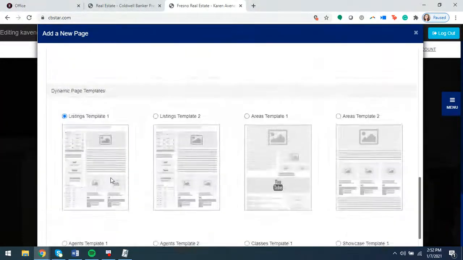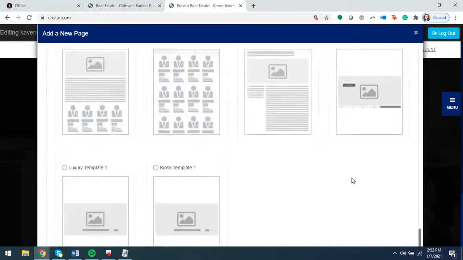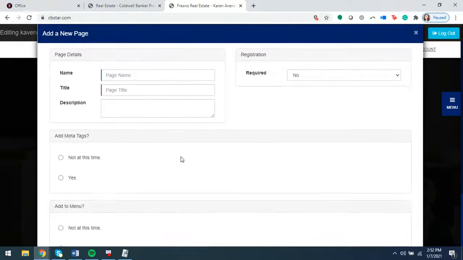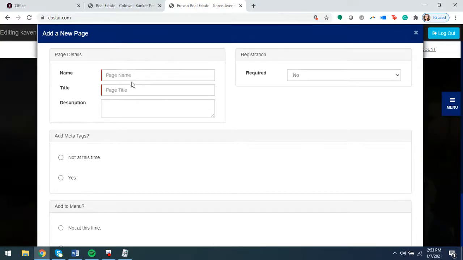Editing the page itself is exactly the same. So I'm going to choose my template and hit next. Now I can start creating that page. First thing you're going to want to do is to name that page. This is what is going to appear in the URL. So make sure you name this something that's not super long, but easily distinguishes what is going to be available